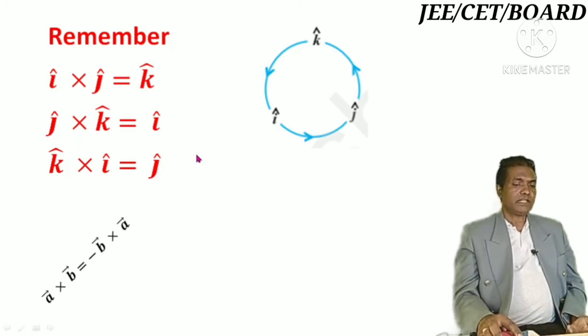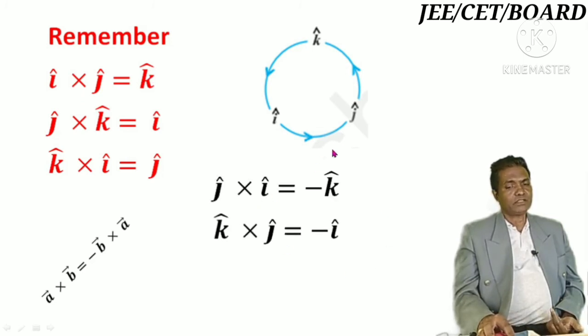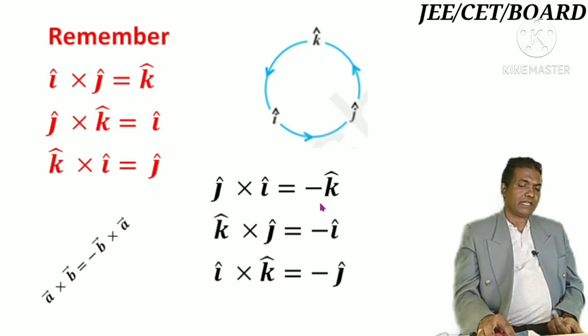Remember this as I mentioned earlier. What will happen if you change the order? i cross j is k cap. So j cross i is minus k cap. As I said earlier, A cross B is equal to minus B cross A. So if you change the order, you have to put the negative sign out here. Okay, so that is the thing here. j cross i, if you go in the reverse way, the minus sign will come. So j cross i cap is minus k cap, cross j cap is minus j cap i cap, and similarly this. So better you take a screenshot of this.